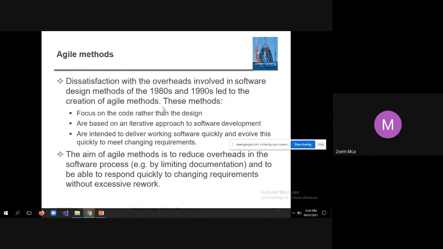So that is greatly reducing the developer's time. It will only design all the classes, the names of the variables and the names of the methods, everything, and the logic will be blank. So you just need to type the logic inside each of the functions. That will greatly reduce the developer's time. So these are some of the examples of CASE tools.